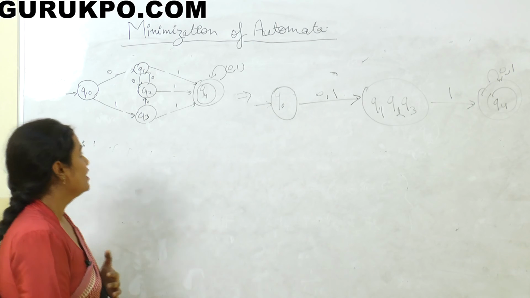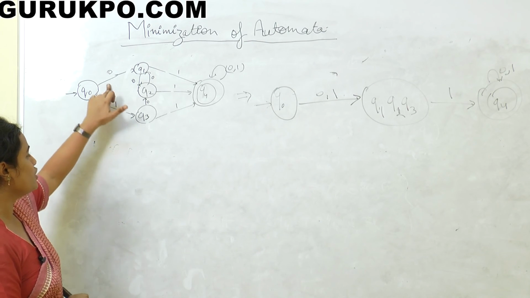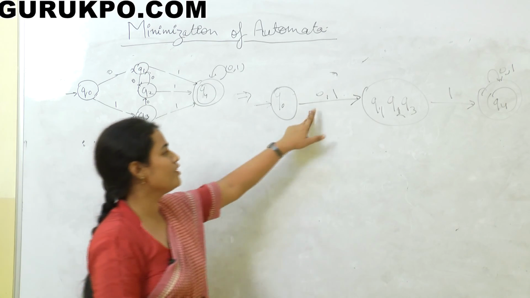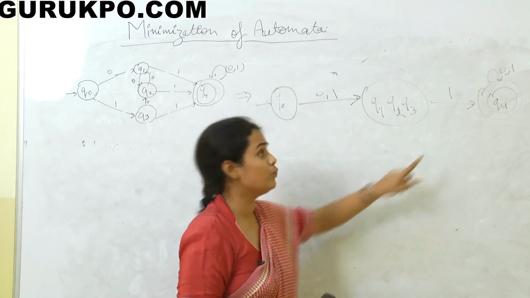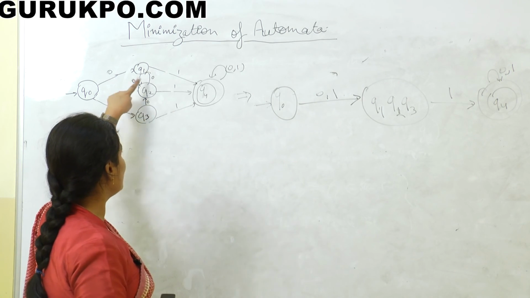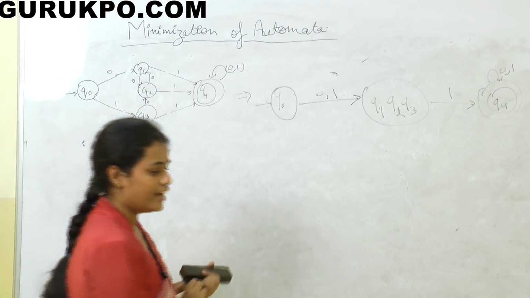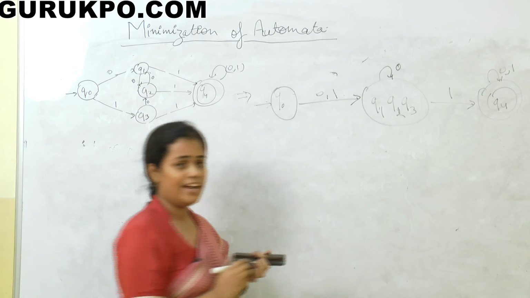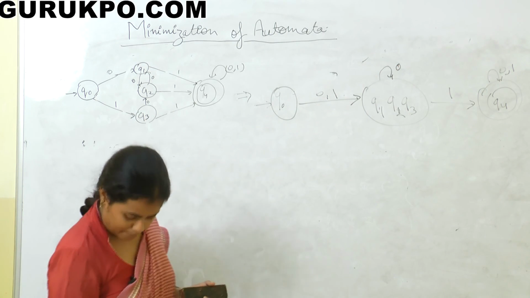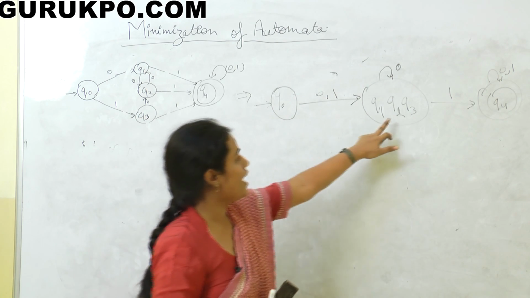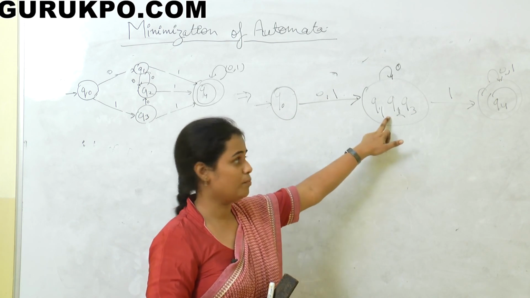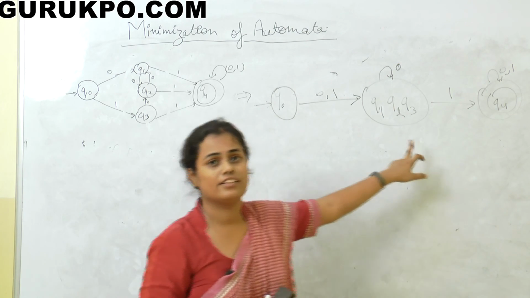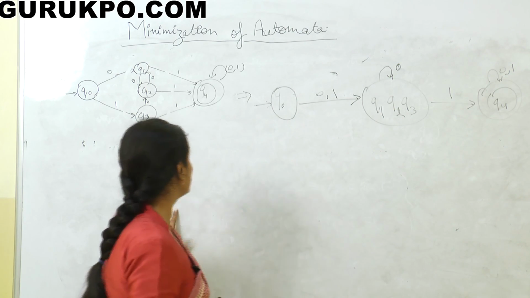Now you can check. If I am giving 0 or 1 at Q0, I am reaching the merged state Q1, Q2, Q3. At this state, we only have the input 0, that is why we will place the input 0 here. When at the middle state I am getting the input 0, then I will remain at this state. When I am giving the input 1, then I will reach the final state. This is very much clear.